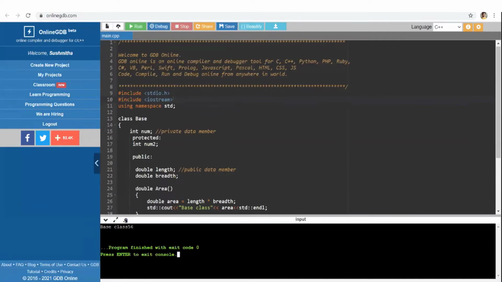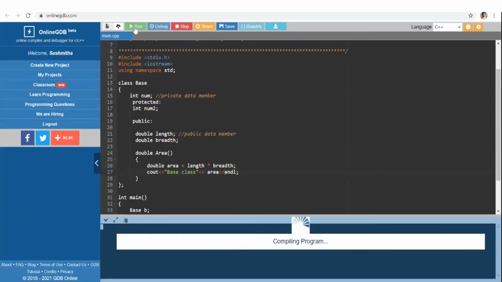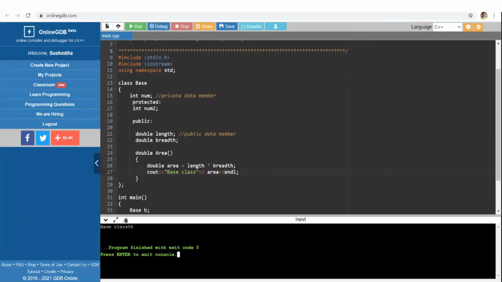Now I can remove this. It will directly work. Yes.